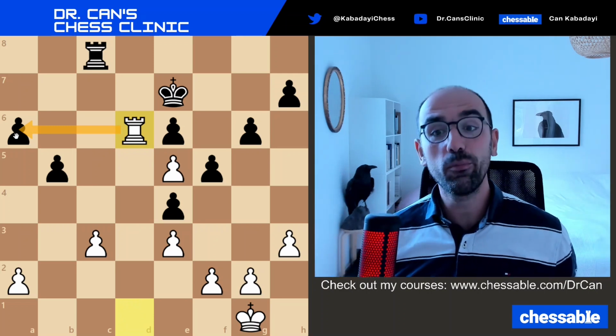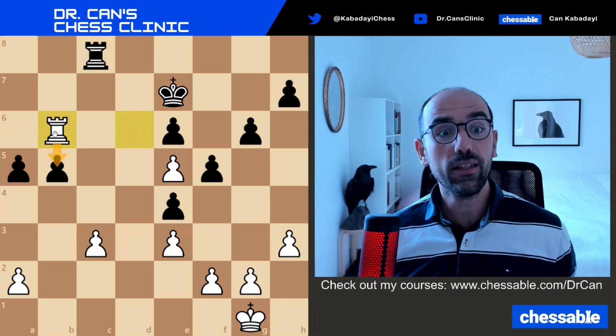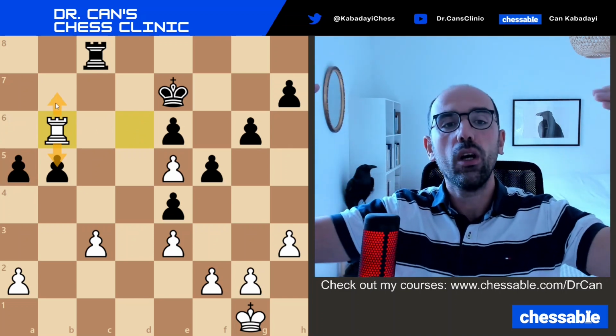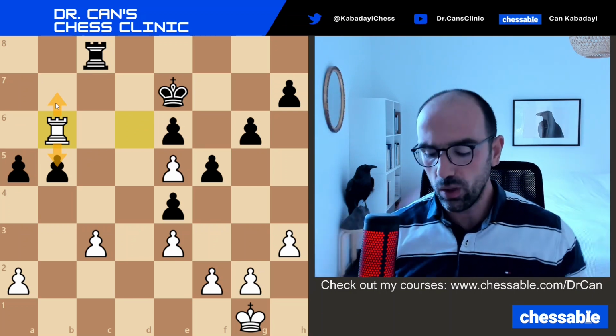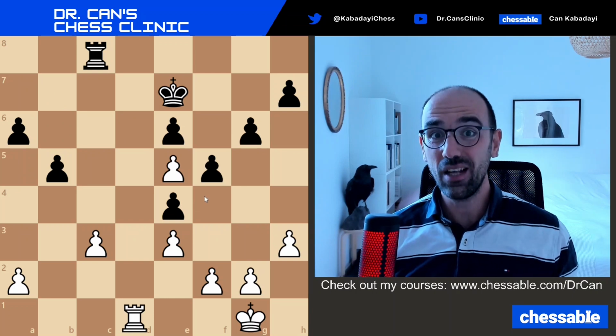Activity, right? White is putting pressure on that pawn. After a5, white can even go rook b6, right? Hitting the pawn, chasing the king away on the 7th rank. It's a beautifully active rook, and white has no problems. The game is equal. In the actual game, can you guess the chess crime which was done by a 1200